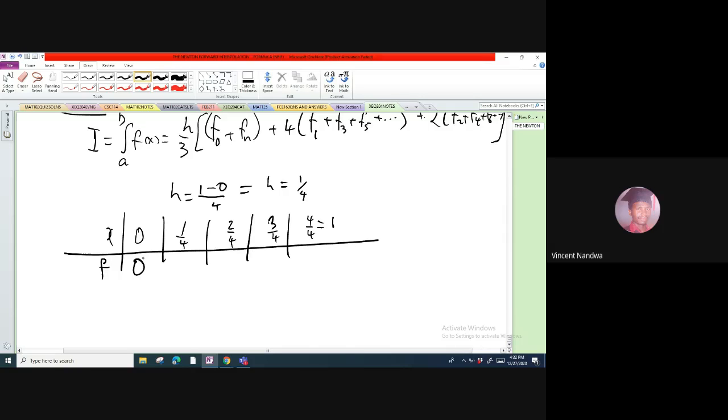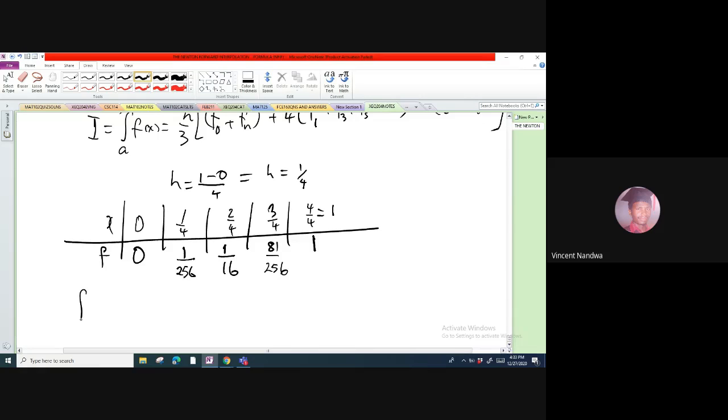This was 0, and then this was 1 over 256. This was 1 over 16. This was 81 over 256. And then this is 1. So with our formula, we'll have the integral from 0 to 1 of x power 4 dx